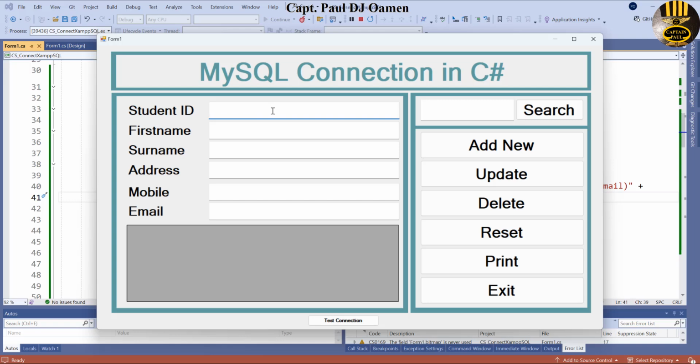So let's add more data in there. And I'm just going to add my name, address,